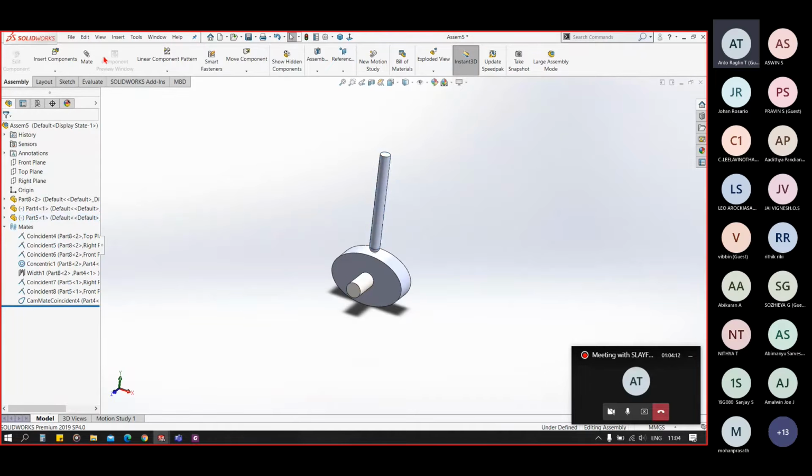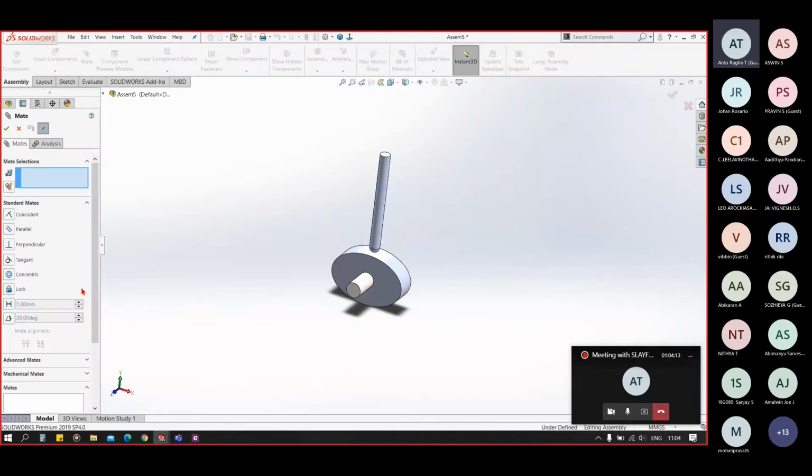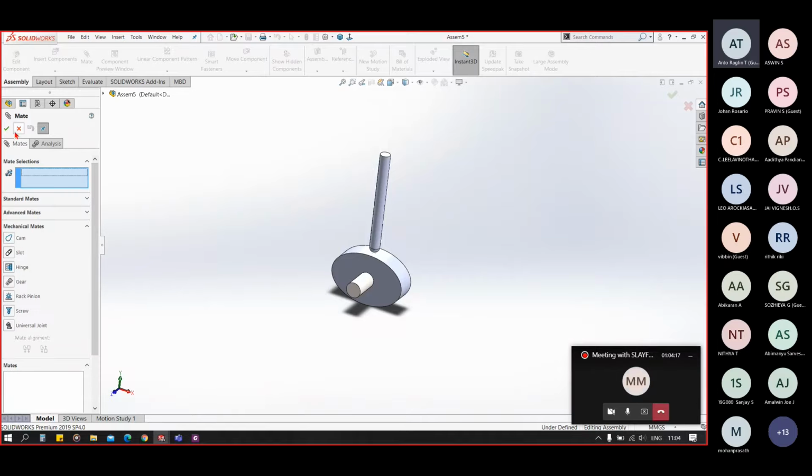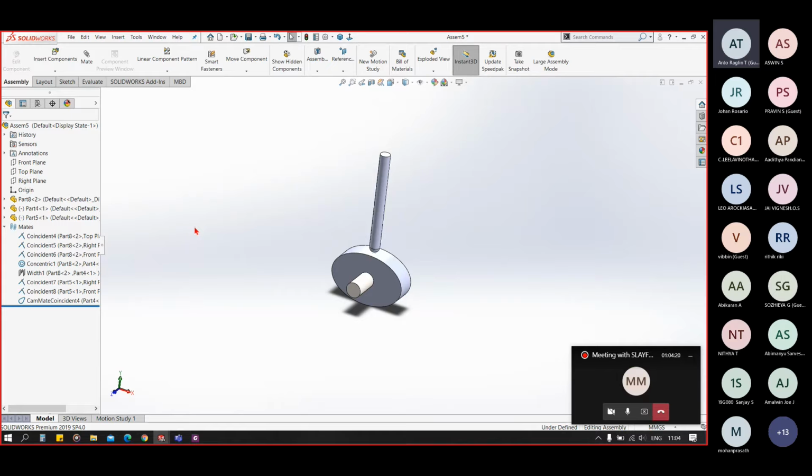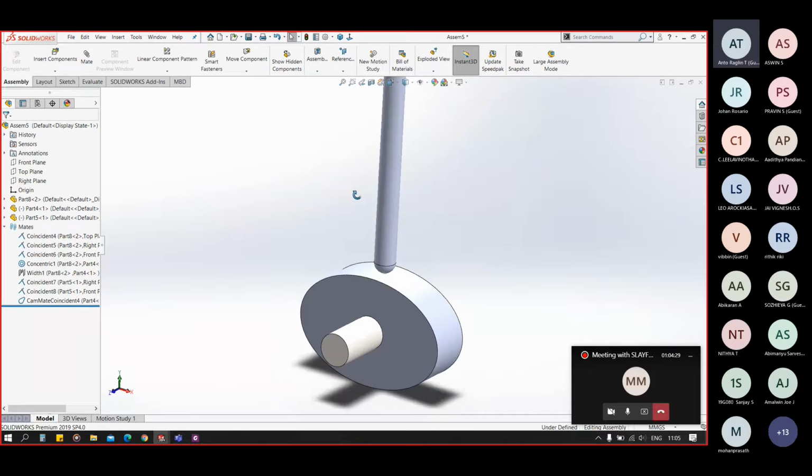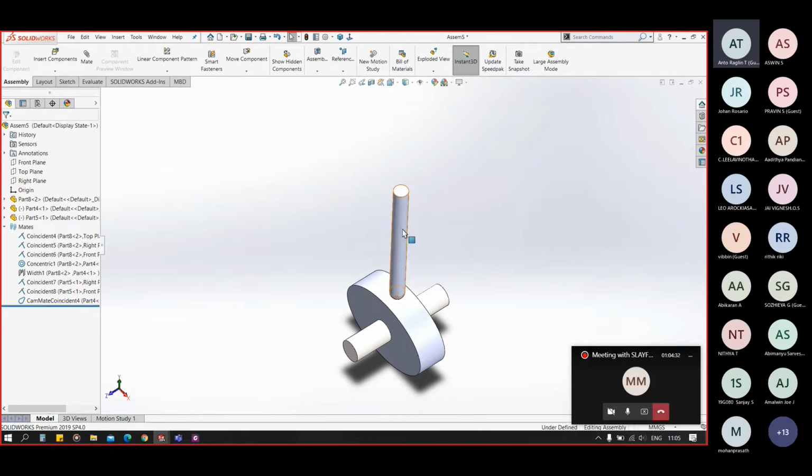Now our next type of mate is, sir, how do you restrict the follower's direction in vertical motion? So how do you restrict the follower's direction in vertical motion? Okay. We just made, you see, we have